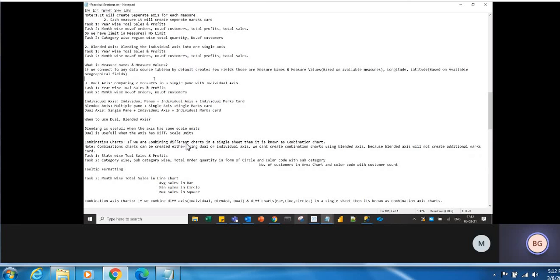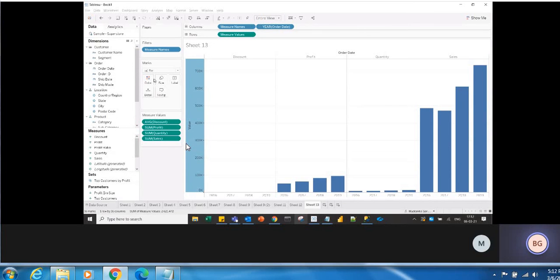One thing, I just noticed that Measure Names comes under the dimension section. Why so? Because of the string values, as it contains the names of the measures. What are measure names? That is quantity, profit, discount. So these all are strings, right?